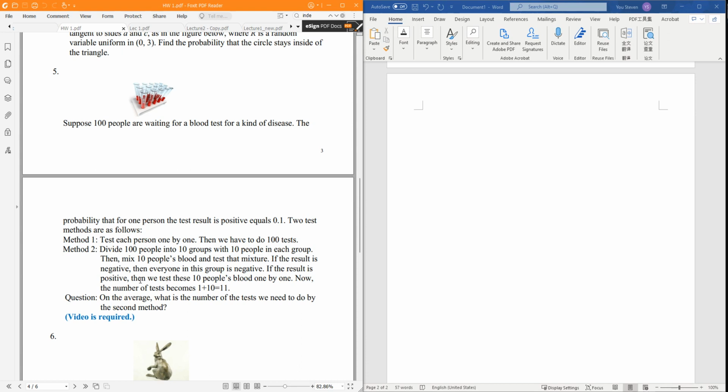the result is positive, we need to retest the 10 people, so it's 1 plus 10, which is 11 tests. So the question asks what's the number of tests we need to do by the second method. Okay, so